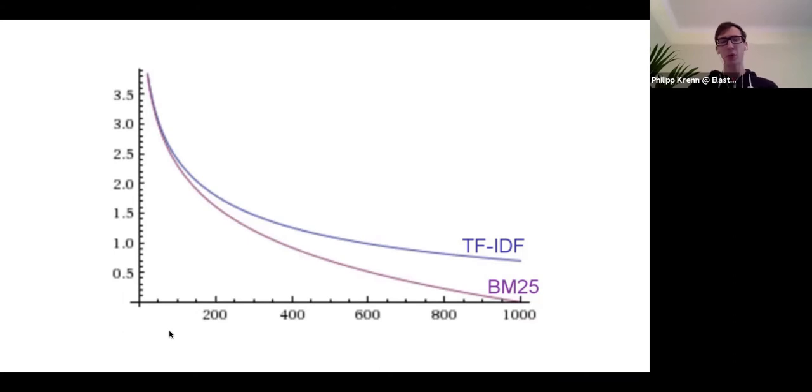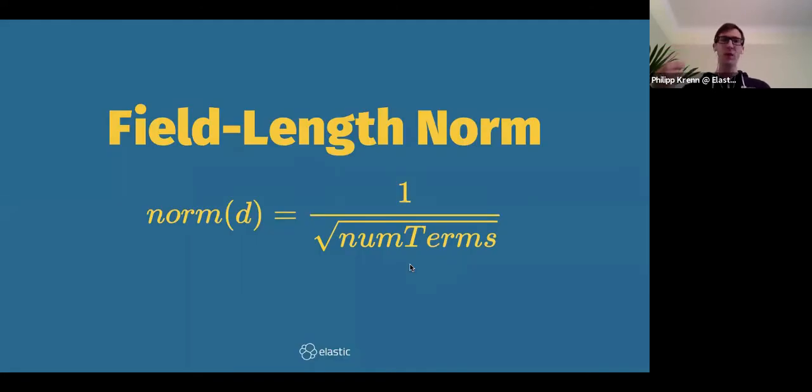Another example in Star Wars could be "father", which will only appear very rarely, but will be very relevant. Whereas other terms might be very common and thus are less relevant. And the final thing is, if you have a short field and your search term appears in there, it's probably more relevant than in a very long field. So this just takes 1 divided by the number of terms, and this is how relevant it is, which is kind of intuitive. If you have a title which has a couple of terms and Luke appears there, it's probably more relevant than if you have a long description with hundreds or thousands of terms, and Luke appears only in that one. So who can already see the problem of why our relevancy is broken here?